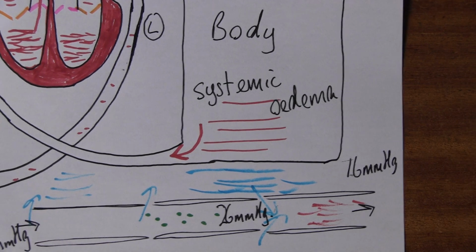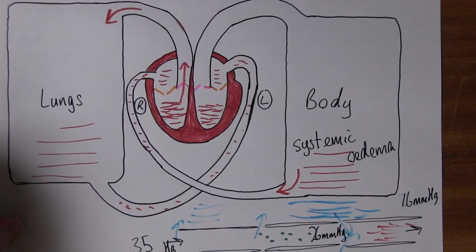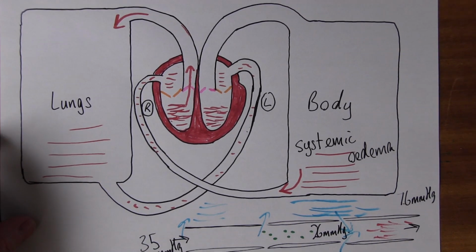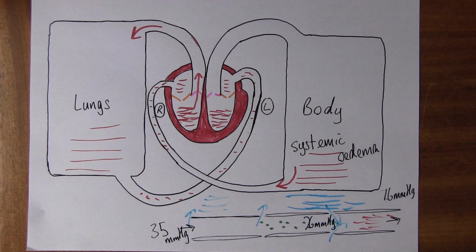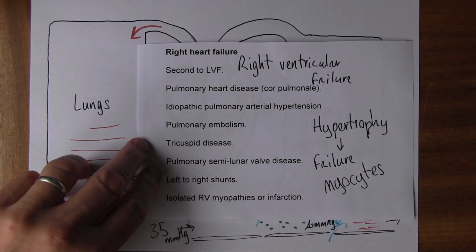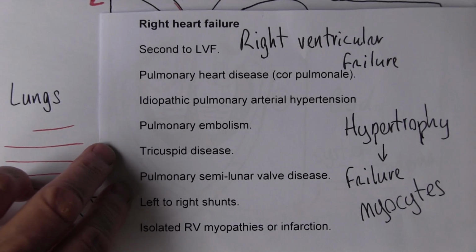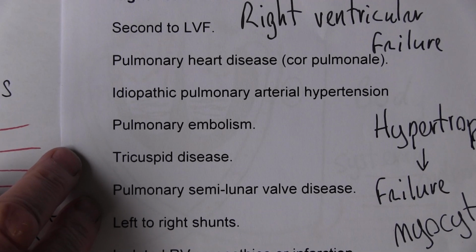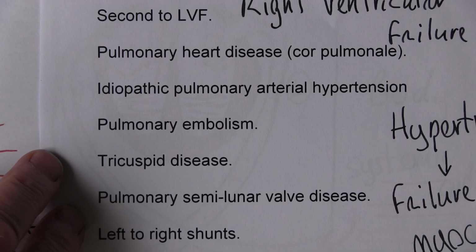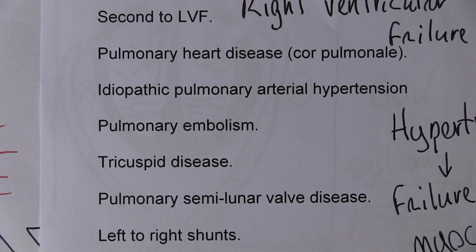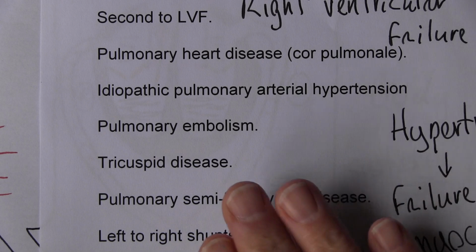So right ventricular failure, most commonly caused by left ventricular failure. But there's a list of other causes here to think about, and we notice that pulmonary heart disease is another cause of right ventricular failure. Now, what's happening here? Well,